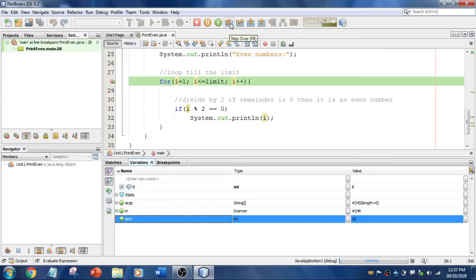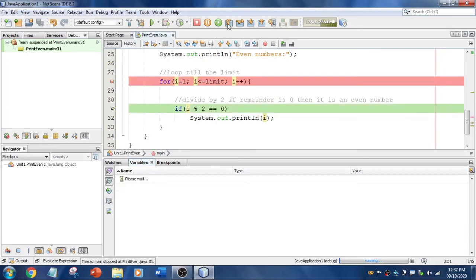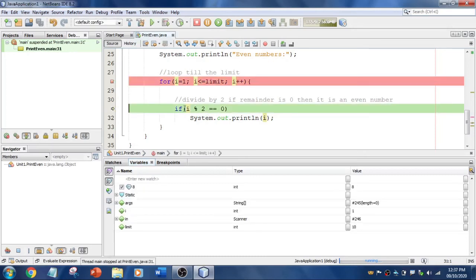What I'm going to do is use this option, step over. If I click this, now the I value is 1, right? It is going to assign 1 and now it is getting into this for loop, and here the I value got updated, now it is 1. So 1 mod 2 equal to 0 or what?